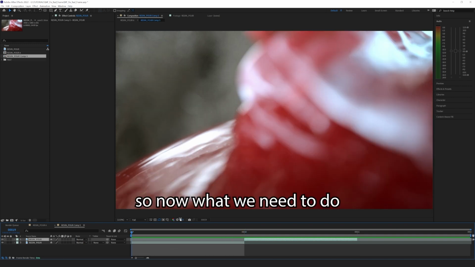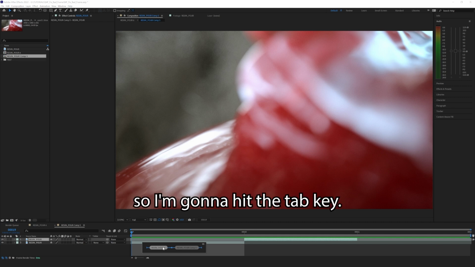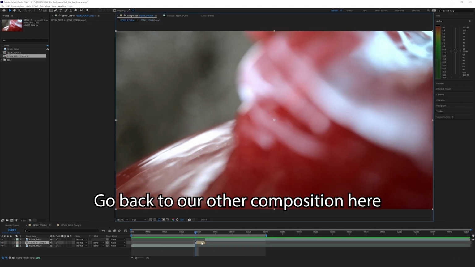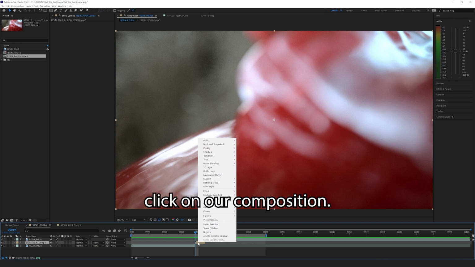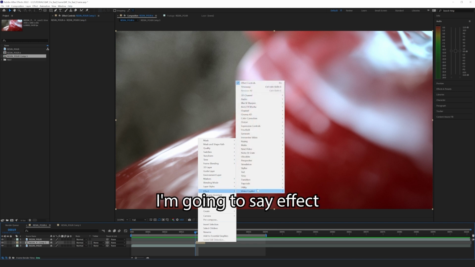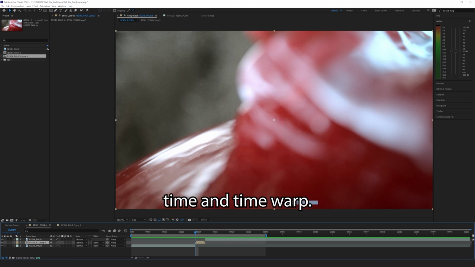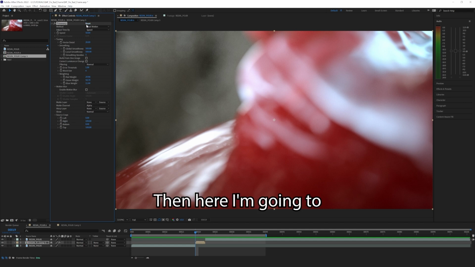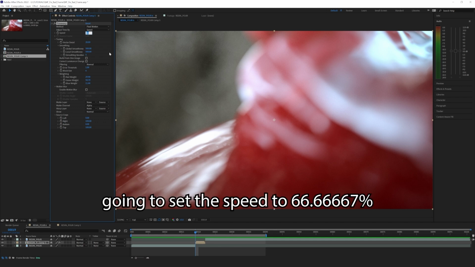So now what we need to do is jump back out. So I'm going to hit the tab key, go back to our other composition here, and I'm going to right click on our composition. I'm going to say Effect, Time, and Time Warp. Then here we're using pixel motion and the speed is set to 50%. I'm actually going to set the speed to